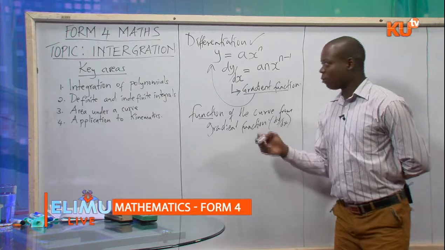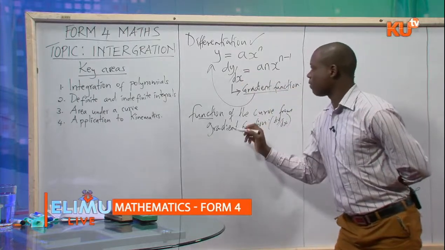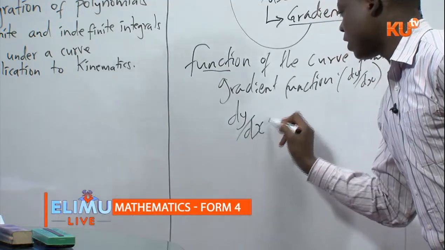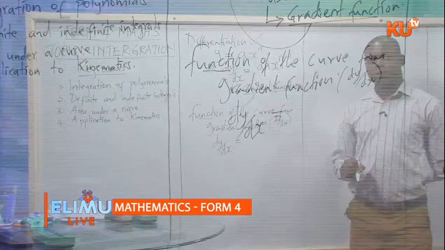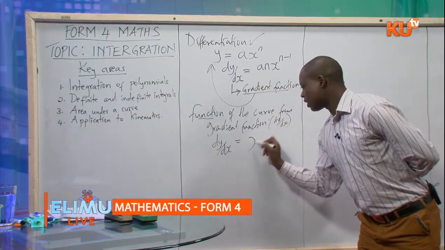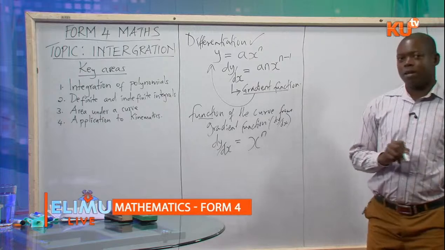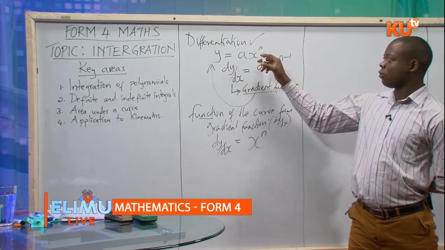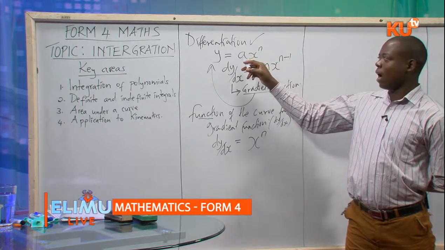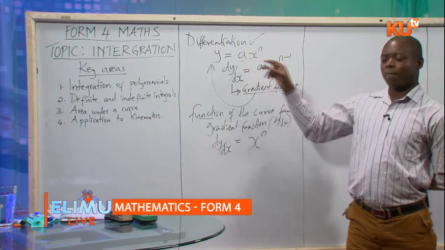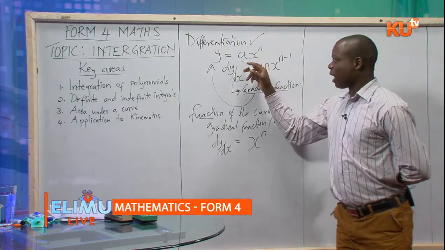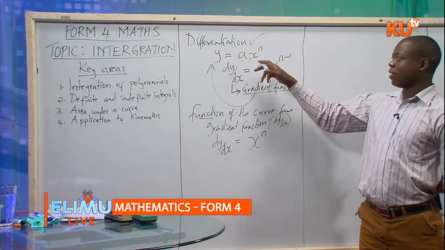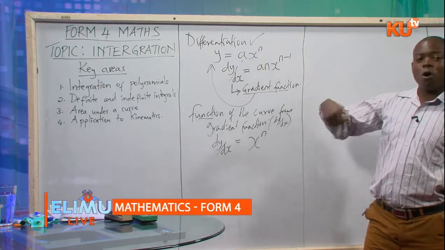So in this process, we are going to do the reverse of what we've done in differentiation. If we have dy/dx, the gradient function, given as x^n, the first process in differentiation is to multiply the power and the coefficient. In integration, this process becomes the last, and so what we do first is the last stage, where we subtract 1. Now we did the opposite of